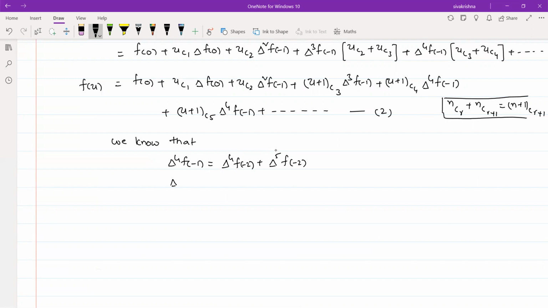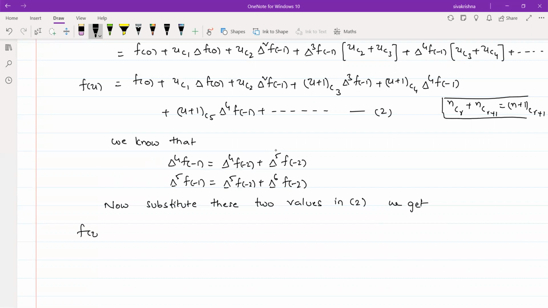In the same way, if you want to write delta power 5 f of minus 1, what we get is delta power 5 plus delta power 6, and in place of f of minus 1, we get f of minus 2 and f of minus 2. So this is the value for delta power 5 f of minus 1. Now substitute these two values in equation 2. We get